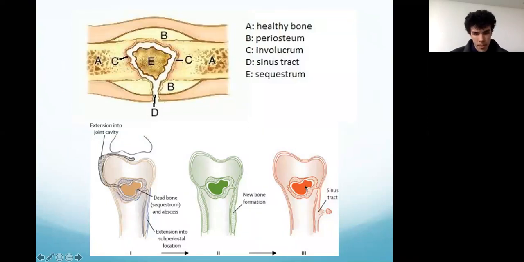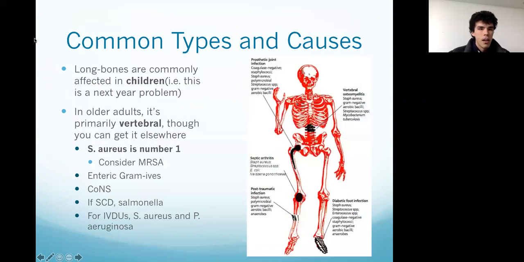The bottom picture is essentially the same idea. It's still sequestrum in the center, involucrum on the outside, and that sinus tract leading out. Okay, so